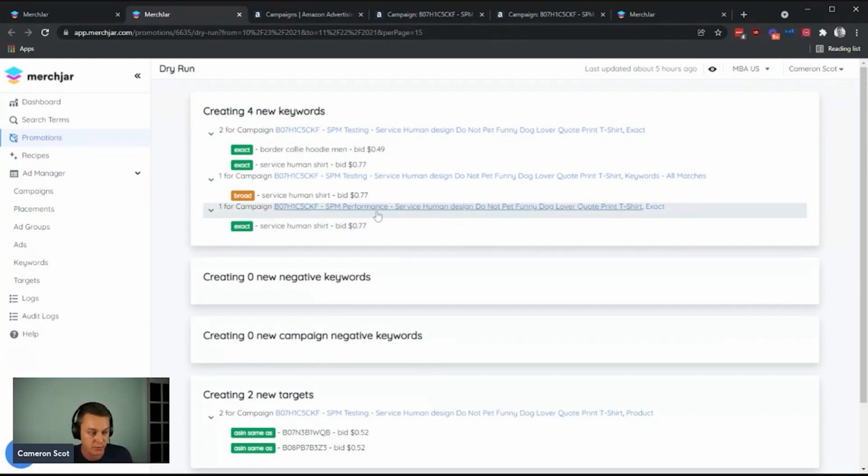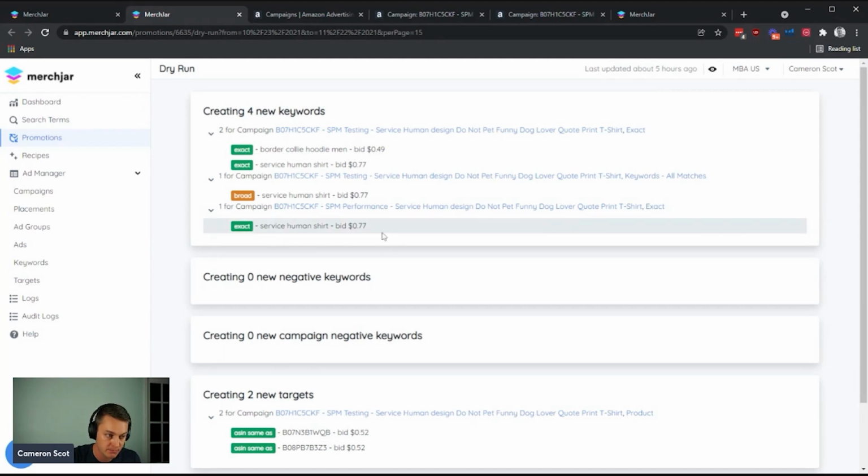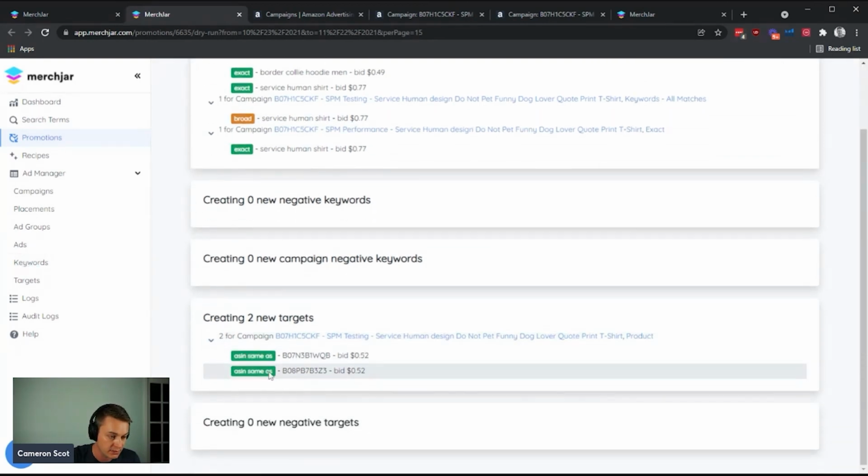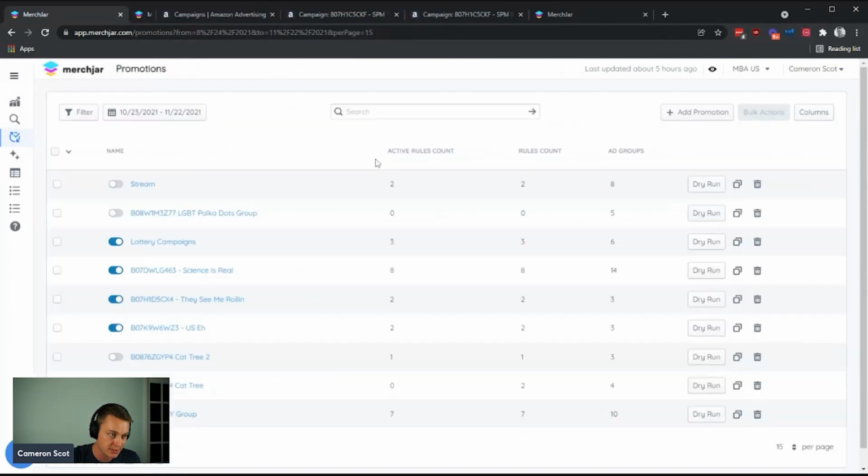So our testing performance rule triggered one for this keyword here, and it creates the broad as well at the same time in our testing. And then for targets, these came from our auto campaigns, these 2 ASINs, because they got at least 2 orders over that time frame, and those are going to add to our campaign. So that looks good to me. I'm just going to leave that